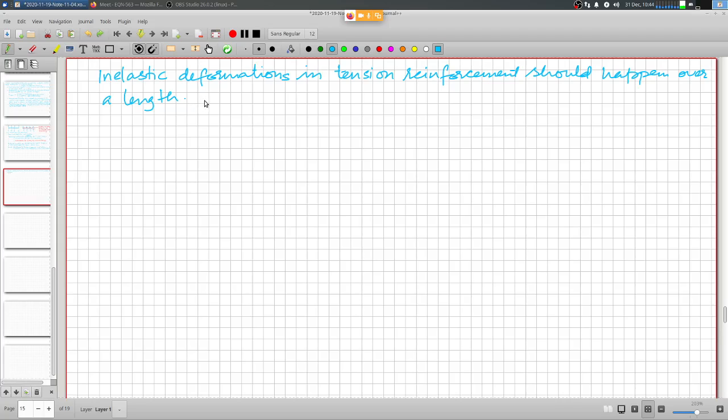Otherwise, if it happens only as localized yielding at one section only,